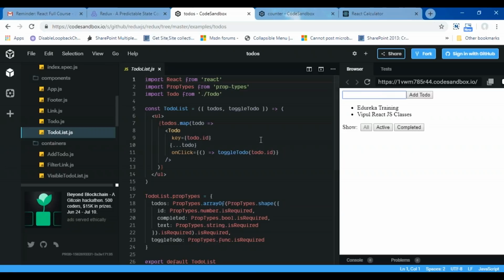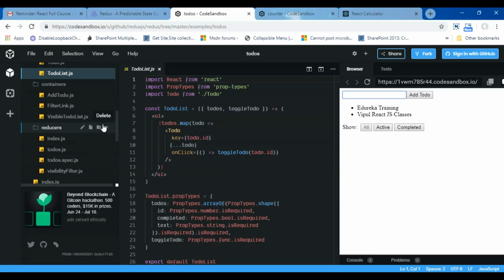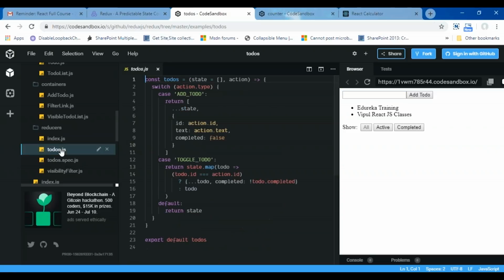So to-do list here basically is working as a presentational component, or you can say presentational layer. Then I have reducers defined over here, for example todos.js. This todos.js is returning just an array of to-do items with the properties ID, text, and completed.